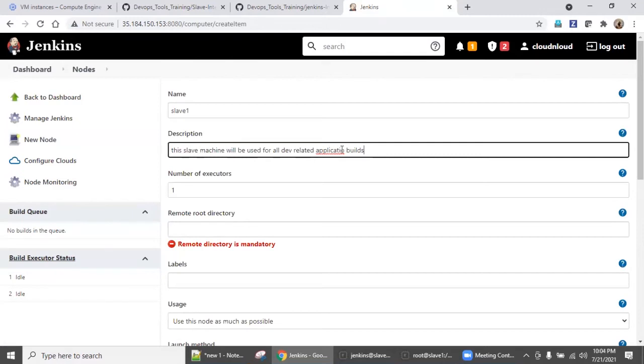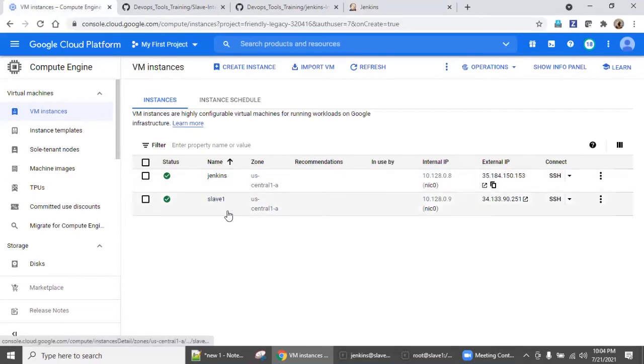So each slave machine you can assign some role or some job description, right? So number of executors, I want only one, because this is for learning. In production, based on the slave machine capacity, you can increase it, because as of now in my lab, the slave machine configuration is 1 CPU, 512 MB RAM, right?